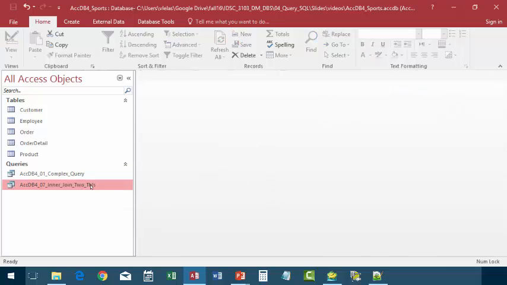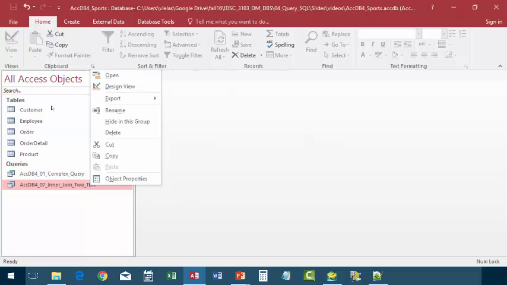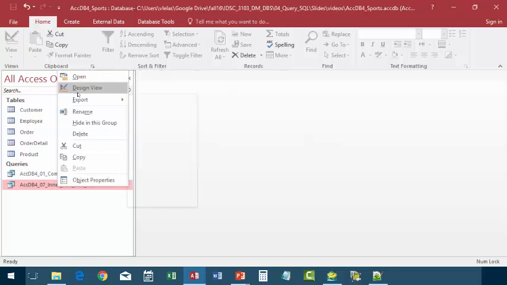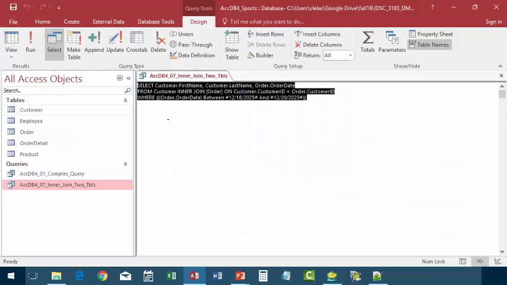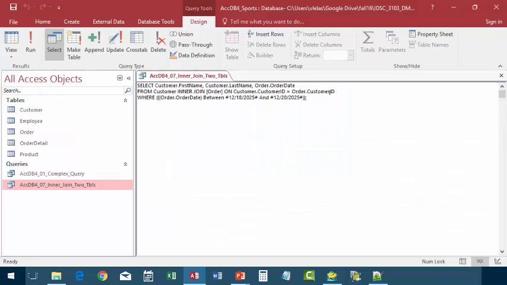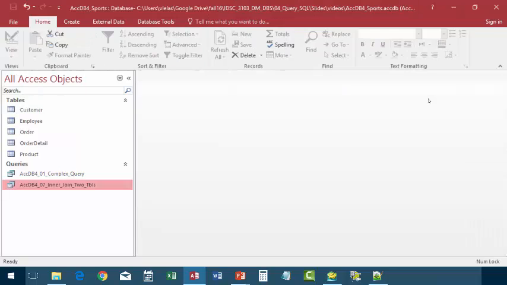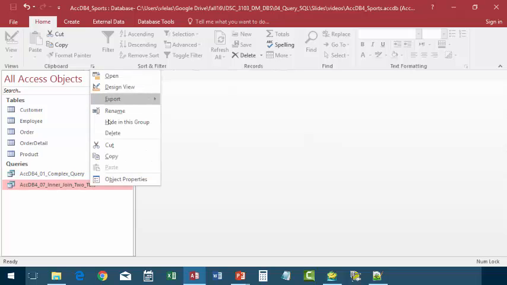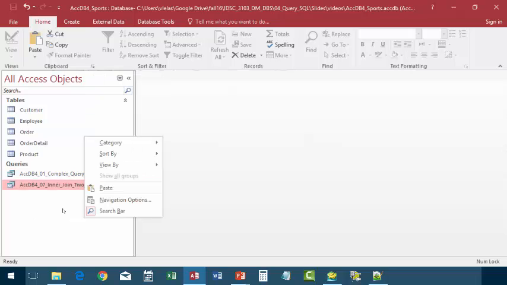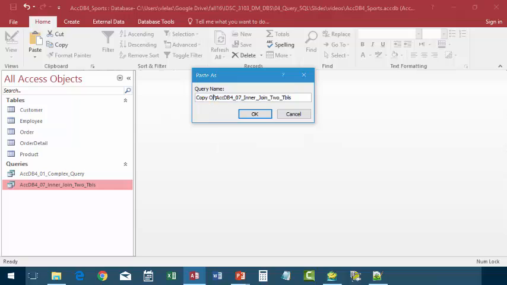Instead of starting from scratch, this is where the fast piece comes in. You're going to right click on the existing query. Okay. And before we do that, let's open it in SQL view to view that inner join. We've seen this before, but just to point it out real quick. Then we're going to copy it, right click in the white space below and paste it. Okay, remove the copy of, and then number 8 is the inner join on 3